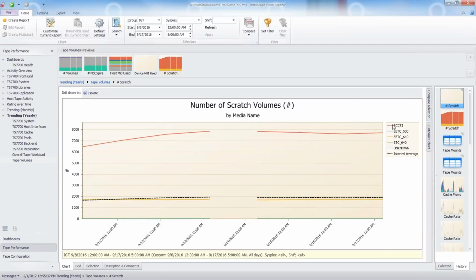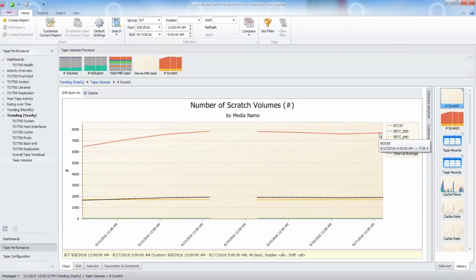What I'm seeing is the ECCST, which is the virtual tape volumes in this environment, basically went from a scratch count of approximately 6,462, and the ending value is somewhere around 738. So that's kind of a nice bump. Bumps like that are going to happen periodically, in intervals, whenever I run the actual housekeeping to start scratching tapes, etc.